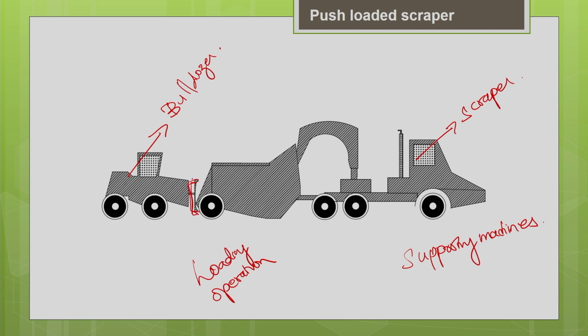I will explain it later when we discuss the types of blades. This bulldozer will push the scraper during its loading operation, so that you can enhance the productivity of your scraper. This is one application of the bulldozer.